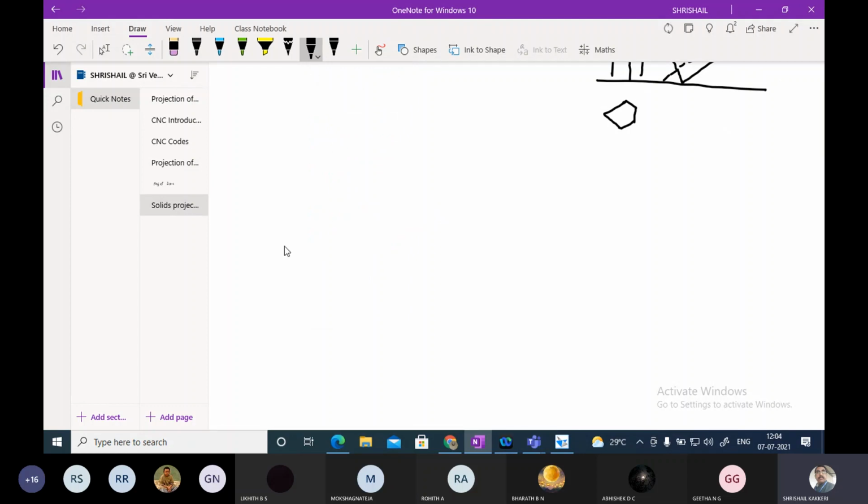Now let me take one line. I'm going to take one line. Let me draw. I drew a line. Okay. Now construction of the pentagon. In our software, if you make a small mistake, you can do the corrections. But while you are working on the sheet, if you make a small mistake, again you have to erase and do it. It will take a lot of time.